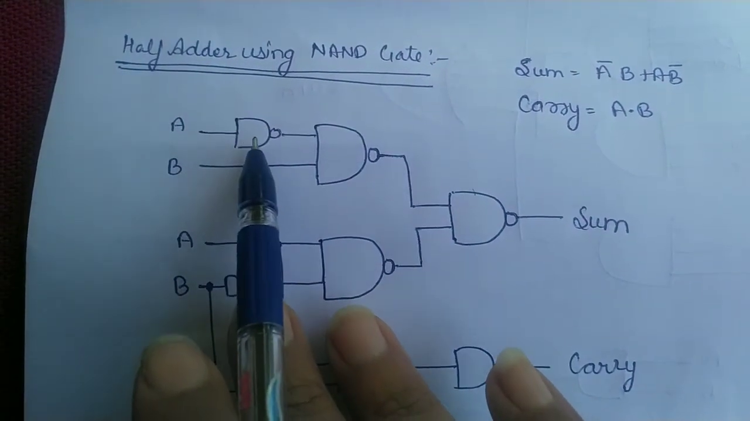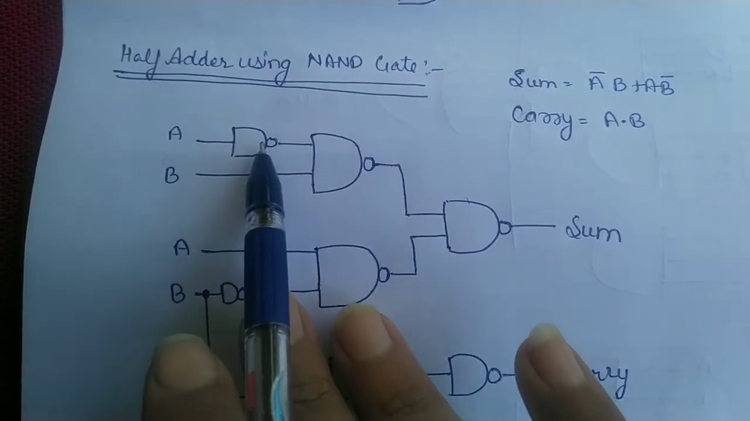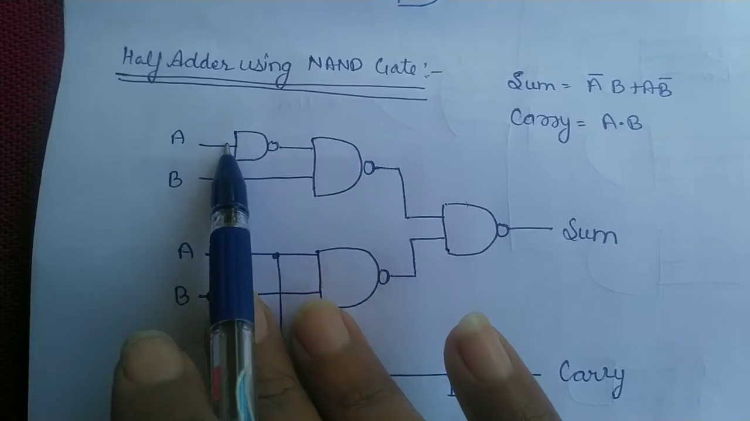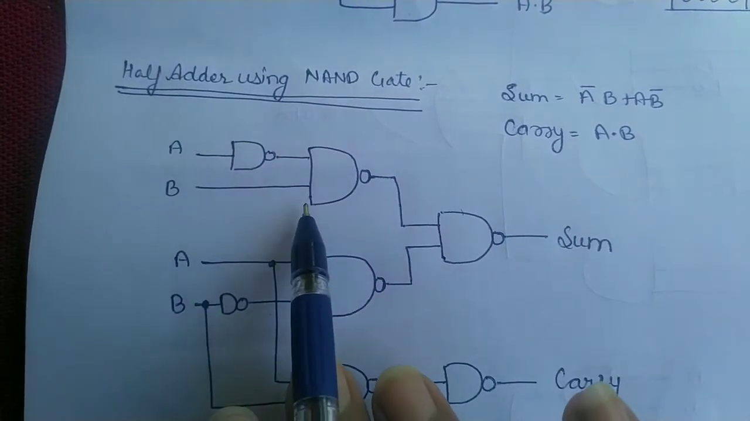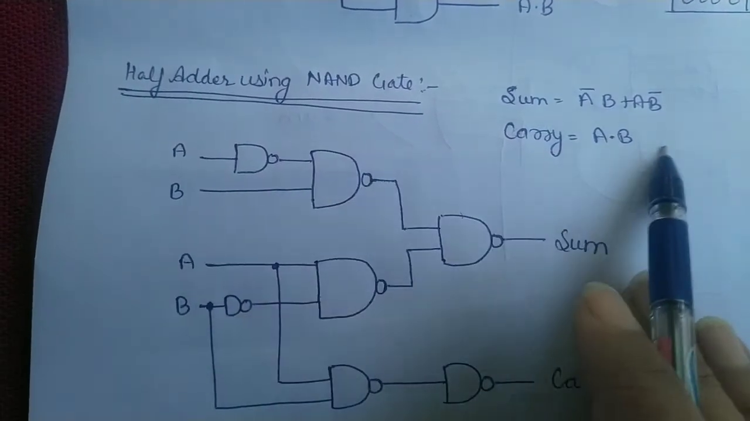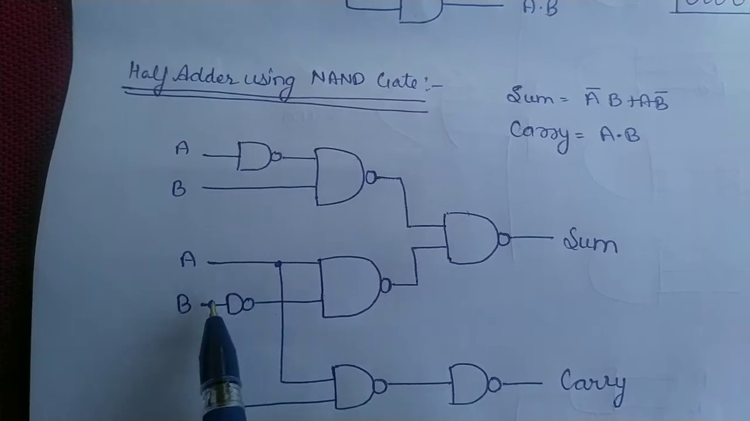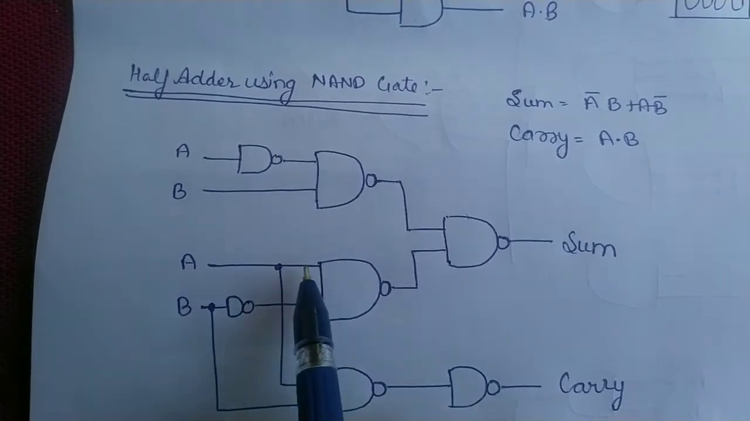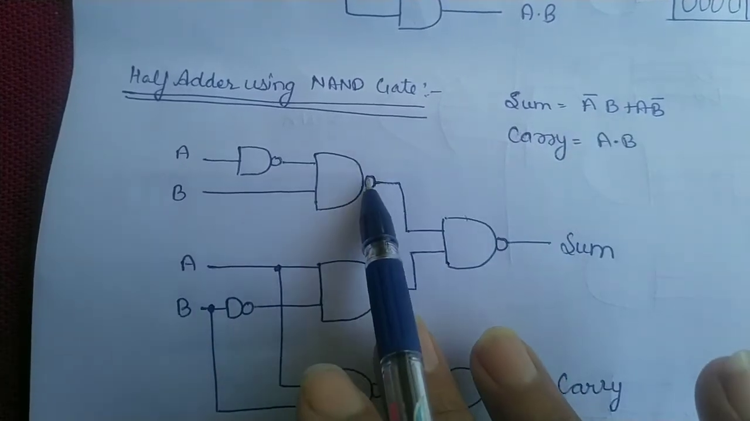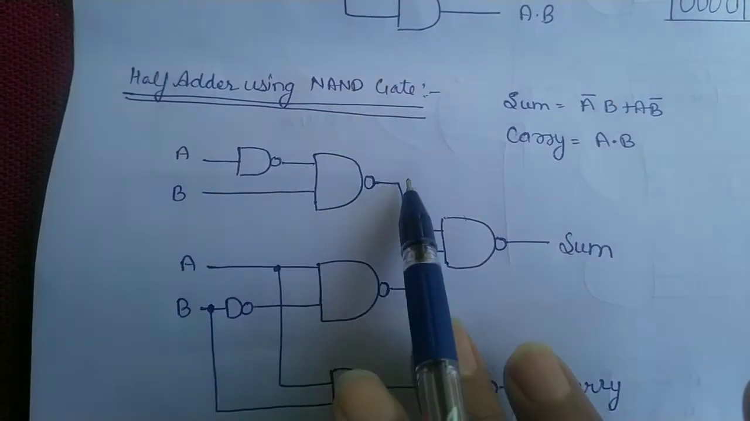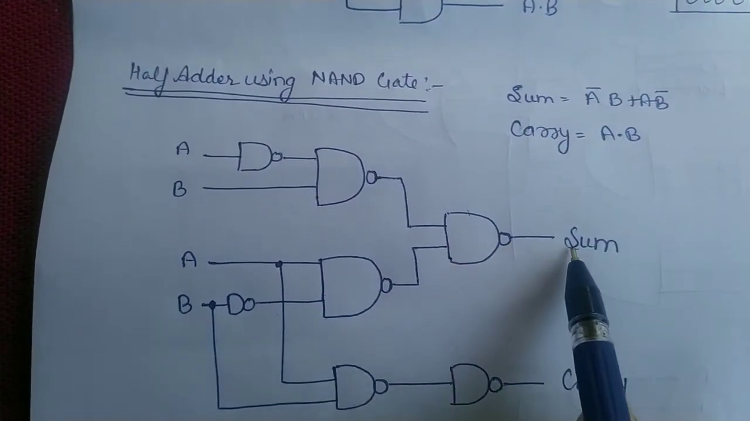We need A bar here, so we need to convert A into A bar. We will use one NAND gate here for the conversion of A into A bar. It will be A bar B for this AND gate, and the other one is A B bar. So we use one NAND gate here to convert the value of B into B bar. The outputs A bar B and A B bar will act as inputs for another NAND gate,